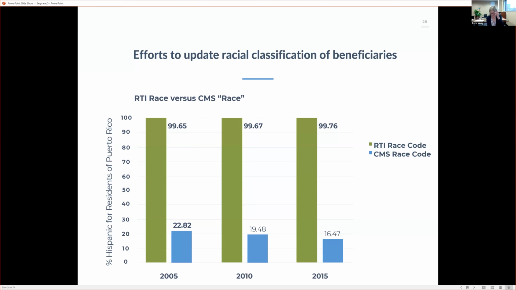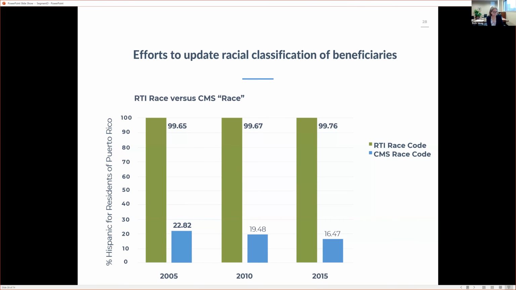We used, as an example, Puerto Rico, which is a Hispanic territory of the US, and found that using the CMS race code, between 22 and then more recently down to about 16% of residents of Puerto Rico were identified as Hispanic, but using the surname RTI race code, almost 100% of the people in Puerto